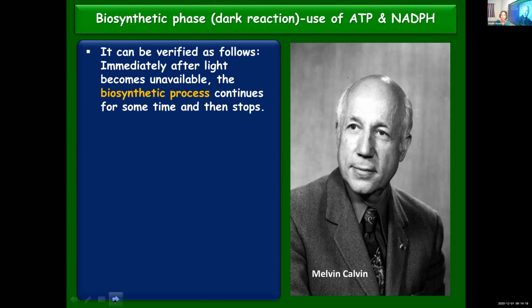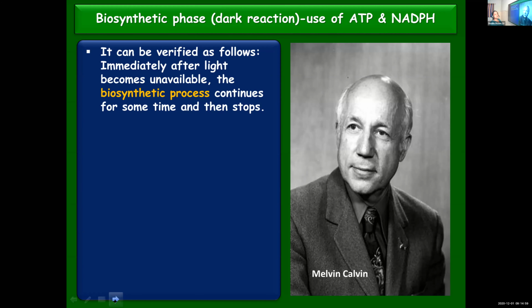The process can continue, but why does it stop after some time? Because the light reaction has already stopped, since light is not there. Once the light reaction has stopped, no more ATP and NADPH are being synthesized, and whatever already has reached has been utilized. That is why the dark reaction will continue for some time till that ATP and NADPH are used up. But once that is used up, it needs more molecules from the light reaction. When the light reaction is not taking place, it will continue for some time, and once the products of light reaction are used up, it will stop.